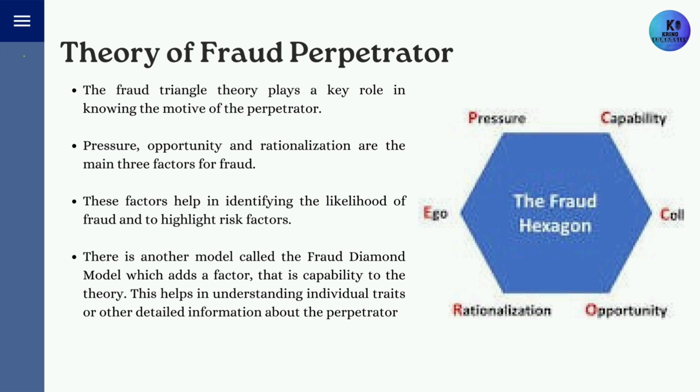Now we have the fraud hexagon, with two more factors added onto the fraud diamond. They are collusion, which means working with others makes fraud easier to hide, and the sixth one, justification, where they don't just excuse their actions, they believe it's fair or deserved. Imagine a person who is stressed, sees a loophole, knows how to cheat, gets others involved, and truly believes it's okay. That's how fraud is born. Understanding all six points helps us spot risk earlier and build stronger protections within the organization.